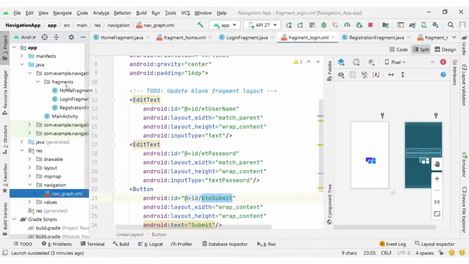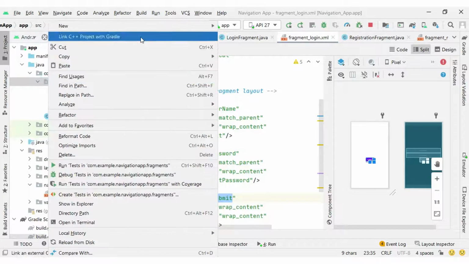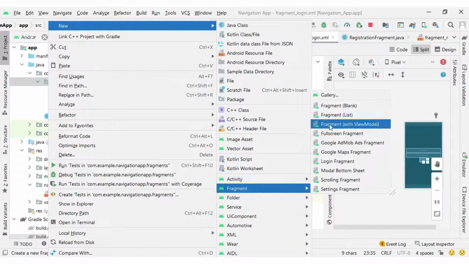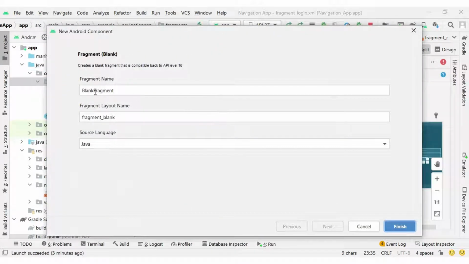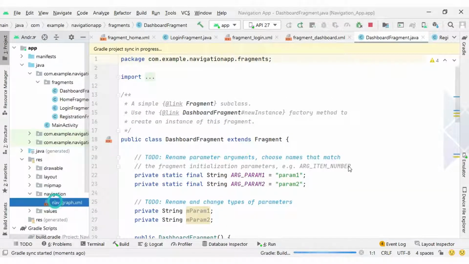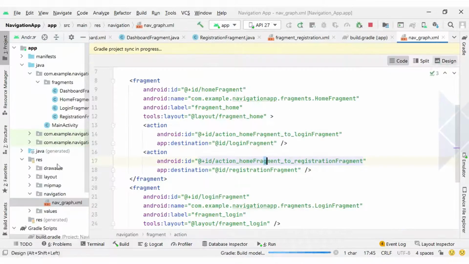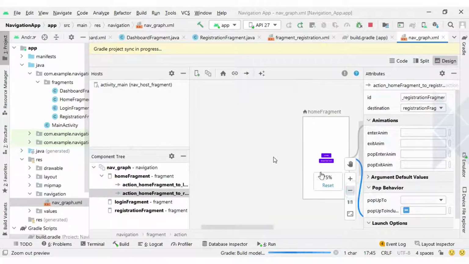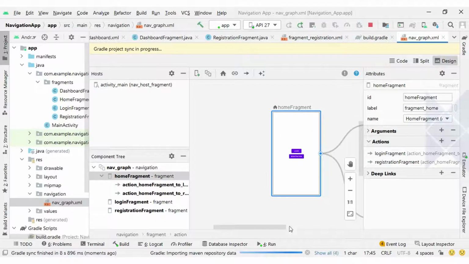Suppose I want to create one more fragment here. So let me create one more fragment. The name of the fragment I have given is dashboard fragment. This fragment also we will consider as a destination. So inside our nav graph I will add one more destination.